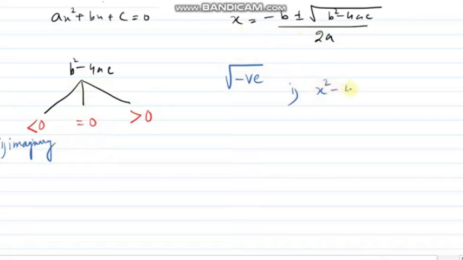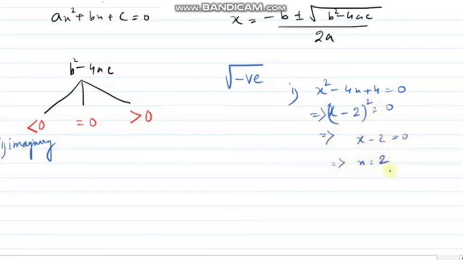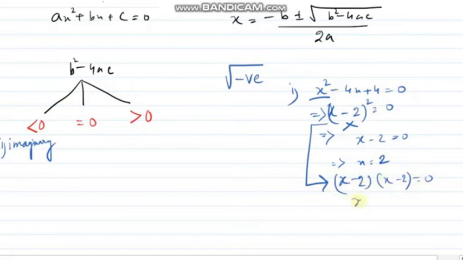If I ask you to solve this quadratic equation, you can see, okay sir, this is x minus 2 whole square equals 0, so x minus 2 equals 0, hence x equals 2. This is the common mistake you guys make. Now this was a quadratic equation, so if you solve it, you must get two values, but you are writing one value. From this line you are supposed to write x minus 2 into x minus 2 equals 0, hence the values of x will become 2, 2.